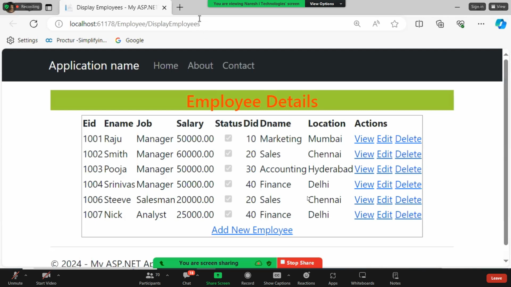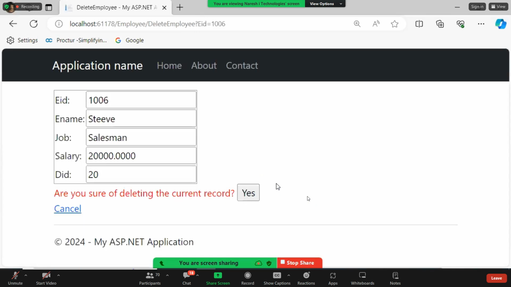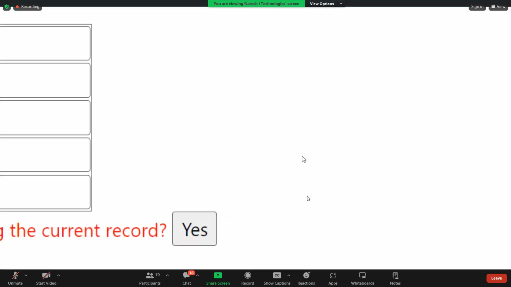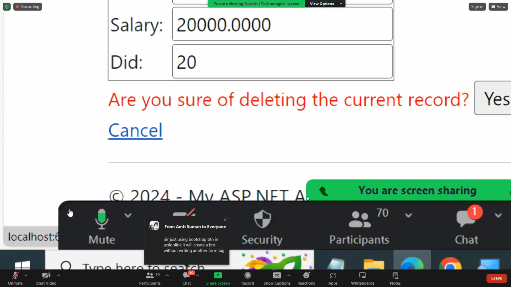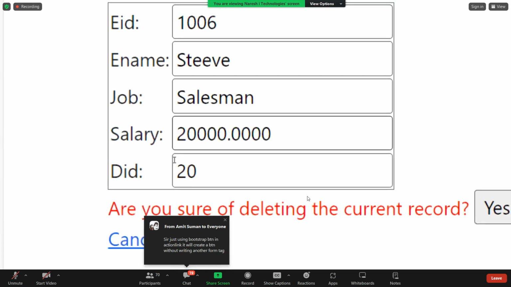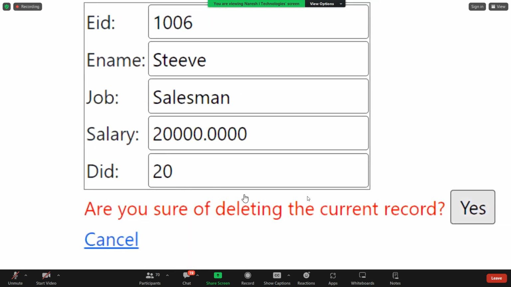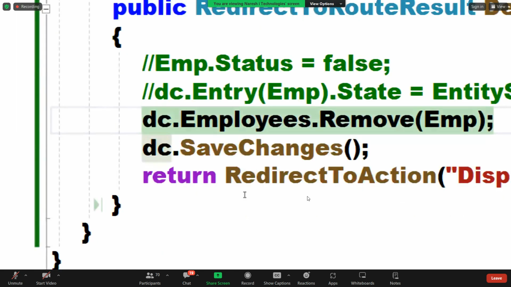I want to delete 1006. Click on the delete. It shows you the output and asks, are you sure of deleting? Yes. Otherwise, cancel. Are you clear? So just click on the yes button. Once you click on the yes button,